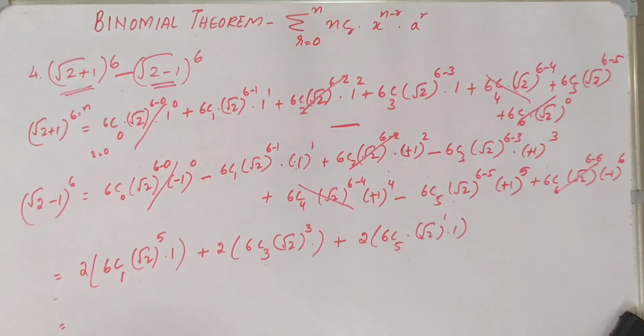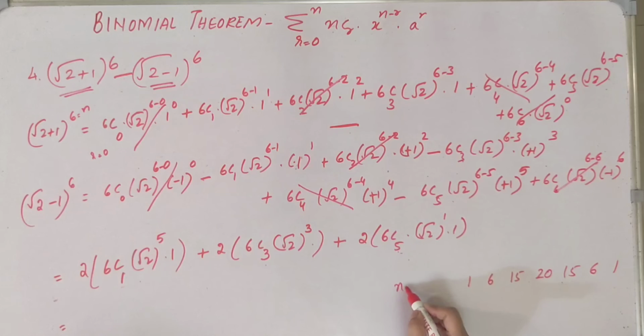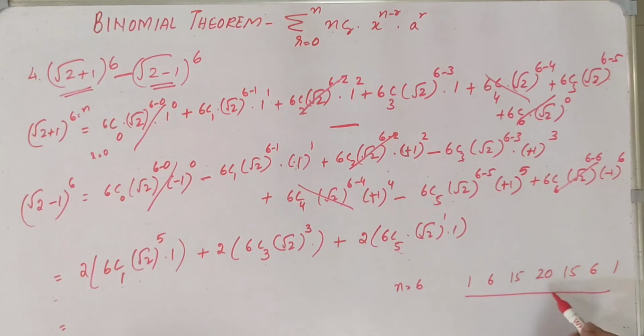There is another tip here. I just don't want to waste time calculating 6c1, 6c3, 6c5. What I have done is, we have this Pascal triangle. There, for 6, you have 1, 6, 15, 20, 15, 6, 1. These are the coefficients when n is equal to 6. If you can memorize the coefficients for n is equal to 2 to 6, then most of this clutter of calculation can be avoided. For example, for 6, I have memorized 1, 6, 15, 20, 15, 6, 1.